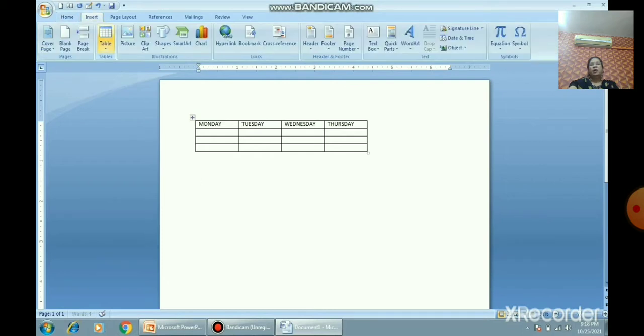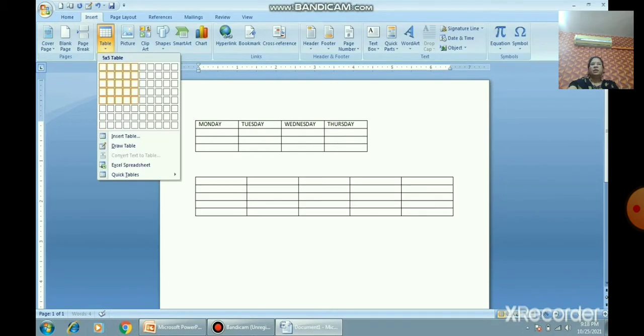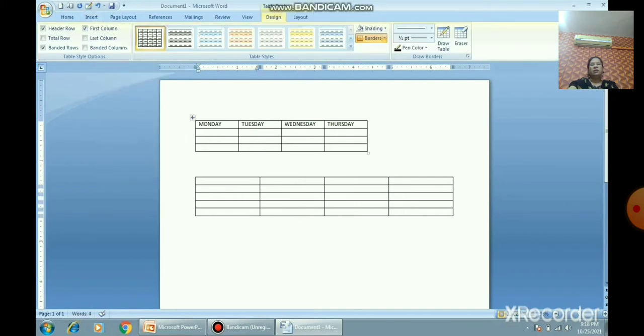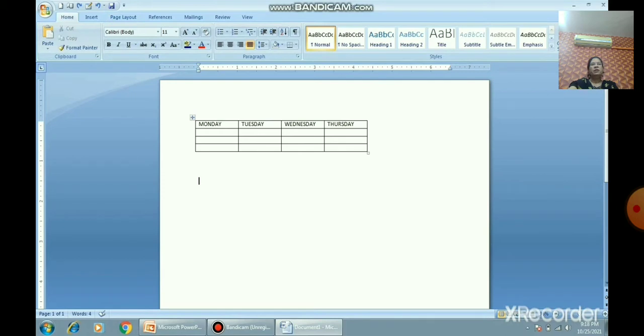So, use the table tool and, with the help of grid lines, you can insert columns and rows. In the upper table, you can see the 4 columns and 4 rows are there, right? With the help of those 4 columns and 4 rows, we will create a small timetable. Okay. So, can you see here? I have already written Monday, Tuesday, Wednesday and Thursday.